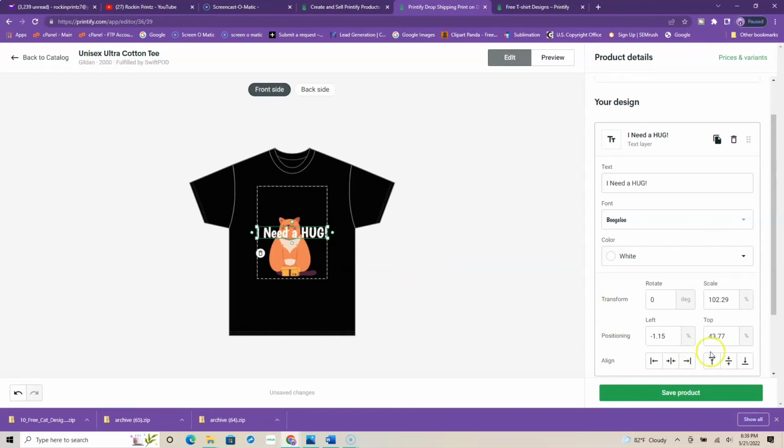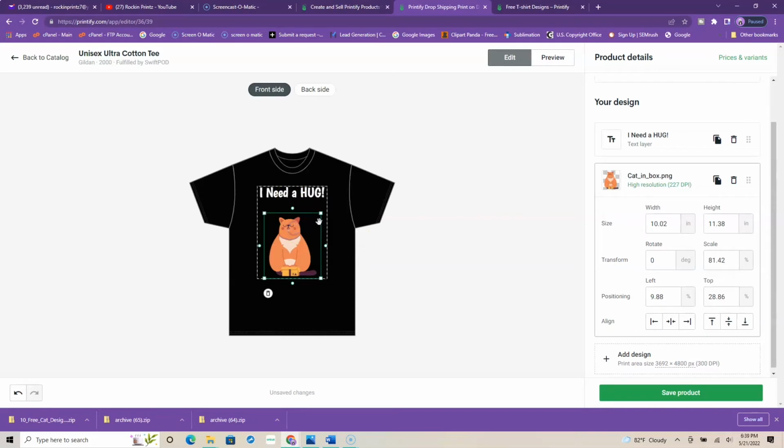Now all I'm going to do is use this tool up here, down here, and we're going to click up, and boom, it's all the way to the very top. Now it's kind of big, so we want to shrink it down a little bit. And then there we go. And if you think it's too high, or you think the cat is too small, you can blow it up a little bit, and then bring him up some. Okay. Now we got him there. All right. So once you do that, all you're going to do is hit save,